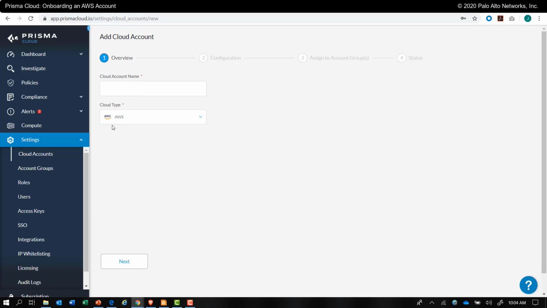We will use AWS for our example, but notice that there is support for Azure and GCP as well. Provide a name for the new cloud account, and we'll go ahead and name this AWS Web West. And then click Next. Notice that this is a wizard workflow where I can navigate back to the previous screen by clicking the previous button, or once I've entered the required parameters on a given page, I can click Next